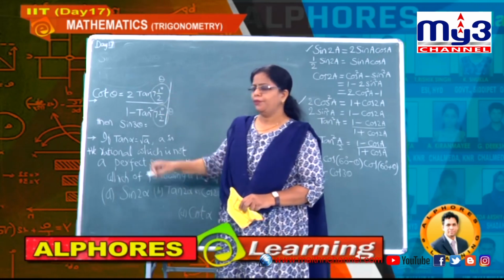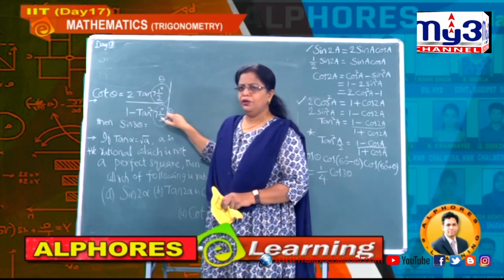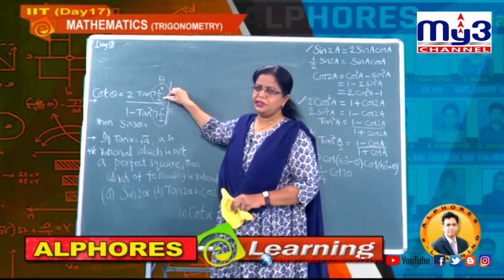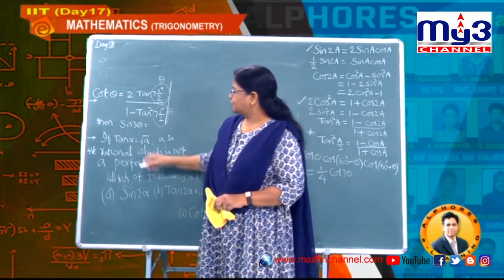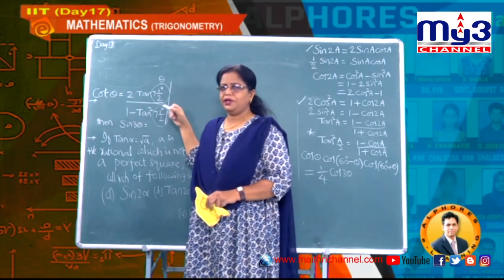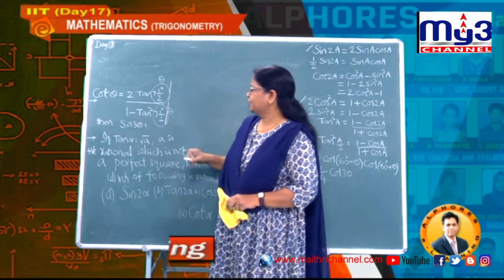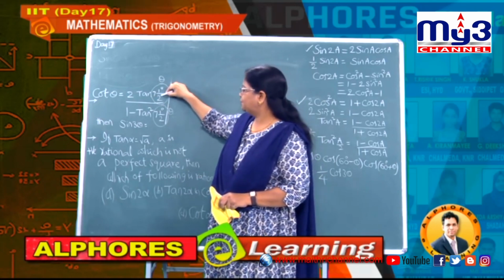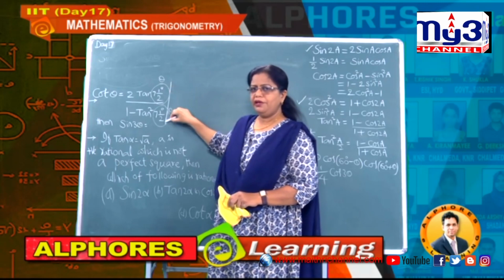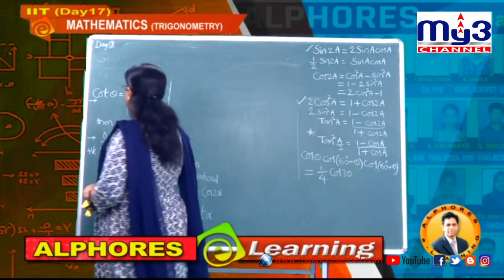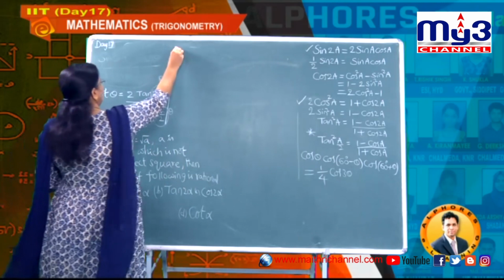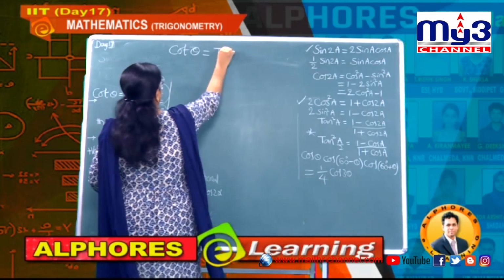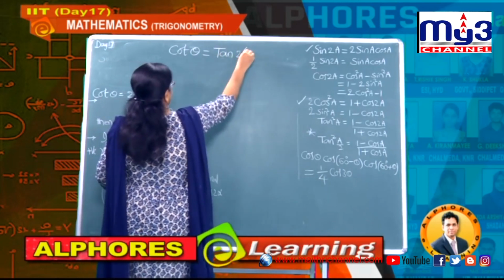Now it is of the form 2 tan theta divided by 1 minus tan square theta. What is that formula we deduced? It is nothing but tan 2 theta. So you can convert cot value into tan easily. So that we want to make use of, instead of using 7.5, therefore we are using 2 tan theta by 1 minus tan square theta. Hence what will happen here? Cot theta equals tan 2 theta, that is tan 2 into 7.5 degrees.